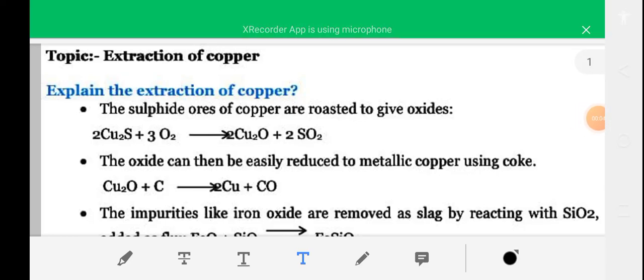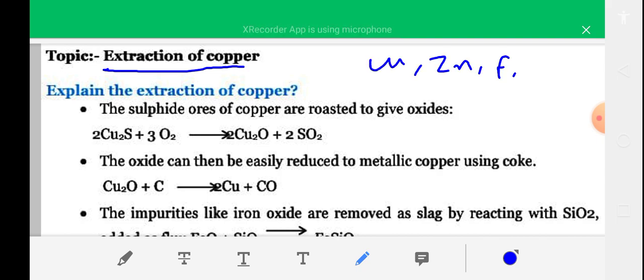In this video today I'll discuss how to extract different metals. According to the reduced syllabus, you have to read about the extraction of zinc, iron and silver. Okay, and in the first video on metallurgy I have told how to extract a metal